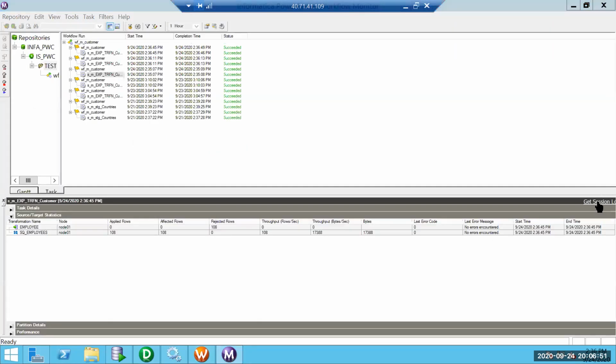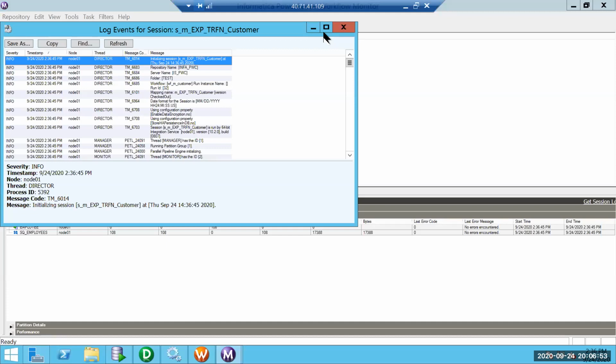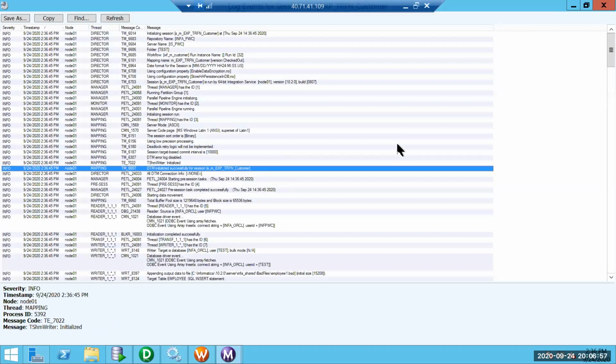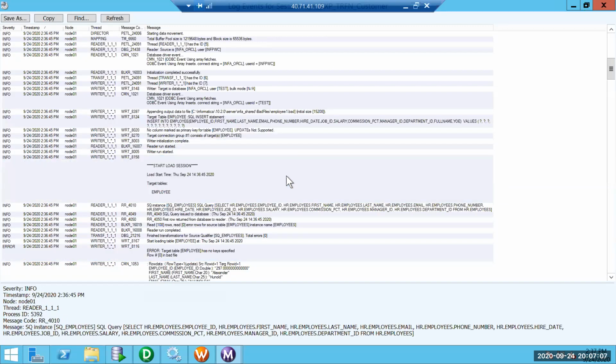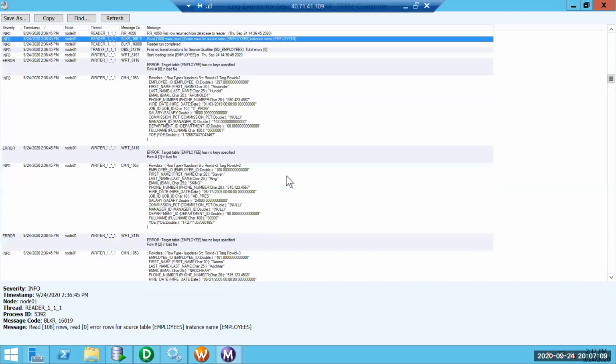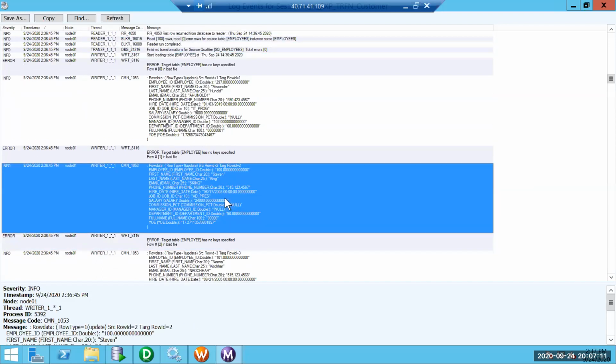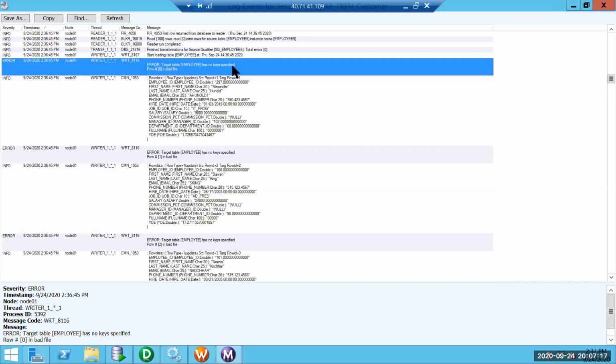Rejected. If we see the error, or maybe the rejection reason, it does not have a where clause. If it does not have any where clause, the update statement does not work. We have an insert checkbox checked, so it generates an insert statement. We have an update statement also. If you see the error, anywhere, employee has no key specified.